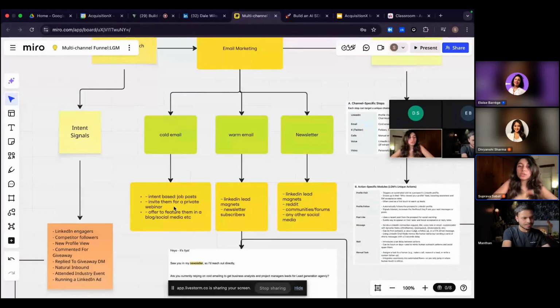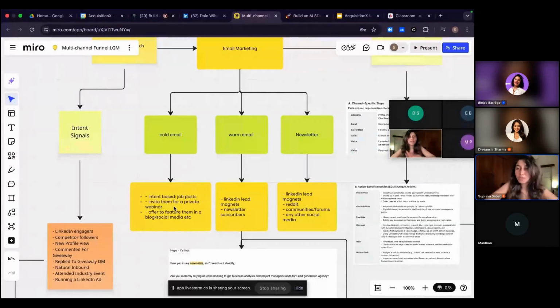Then what you can do is, instead of asking them to get on a call, you can invite them to a private webinar. Like how we are doing right now, but this is not a private webinar, this is a public webinar, right? In a private webinar, it would be more like 4 or 9 people max, and you'll be able to see better results. Because with a sales call, I'm pretty sure you'll get the same kind of questions, and you'll have to give the same kind of answers, and it's pretty boring, right?